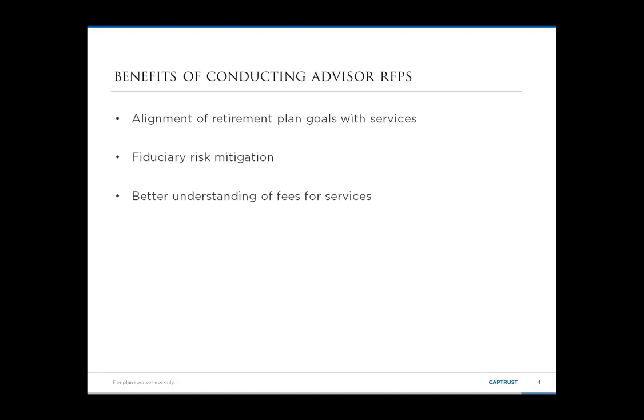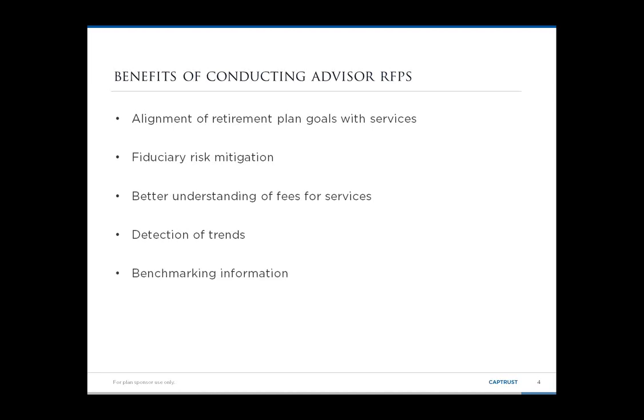Next, a better understanding of fees for services. This process creates an awareness of different service offerings, such as provider RFPs, fiduciary training, participant advice, 3(38) discretion, or target date fund searches, to name a few, and whether they are delivered in an a la carte fashion or as part of an all-in-one solution, and what is the associated pricing. Next is the detection of trends. Based on the responses that you would receive from advisory firms, you will get a better understanding of the industry or market and what other advisory firms are capable of offering, and also what they feel are important issues that plan sponsors should be